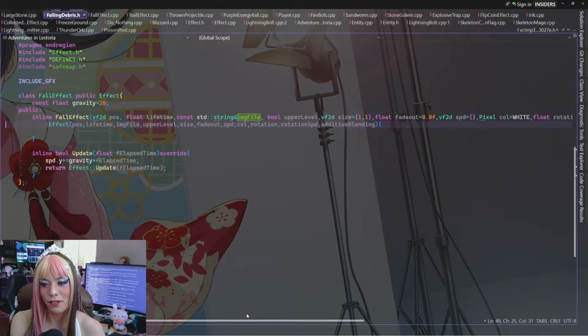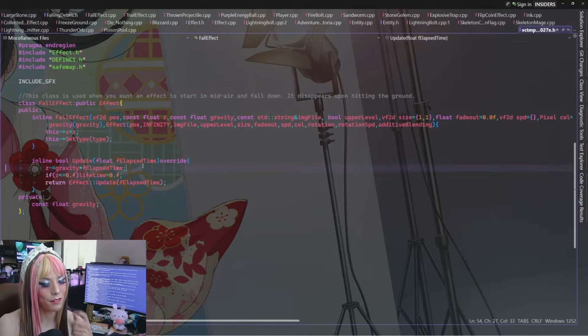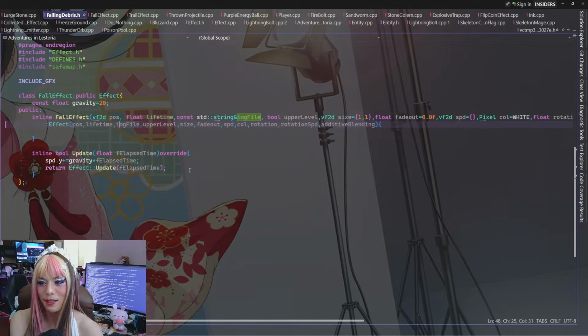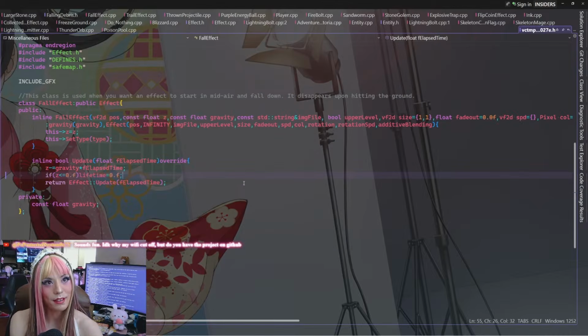That's so confusing. And then in the update function, we adjust Z here, whereas in this one we adjust the Y speed. Oh, that is so weird. And they're both called fall effect. So what this is reading to me like is, since we inlined both of them, I think the compiler just chose one and went with it.